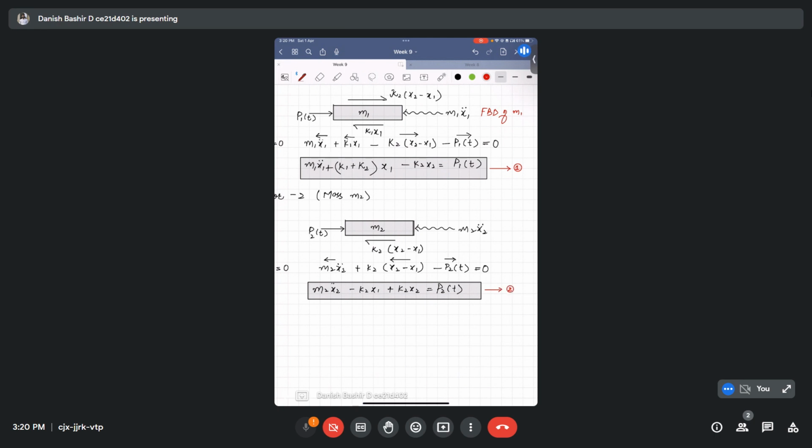Okay, equations one and two. We can write equations one and two compactly in the form of a matrix system of equations. Equations one and two can be written compactly as